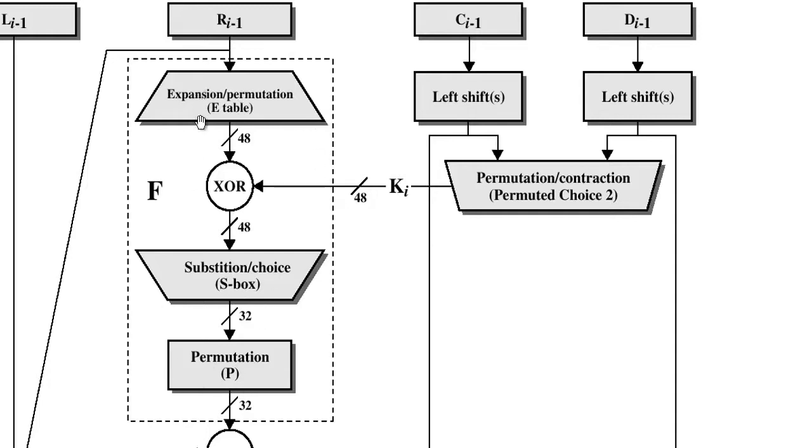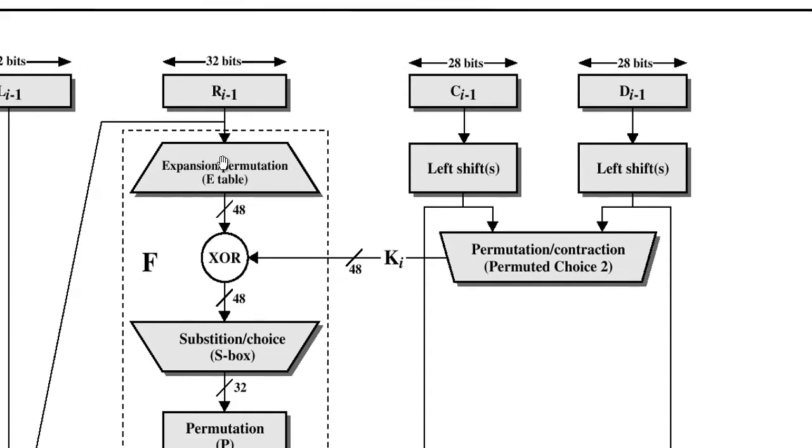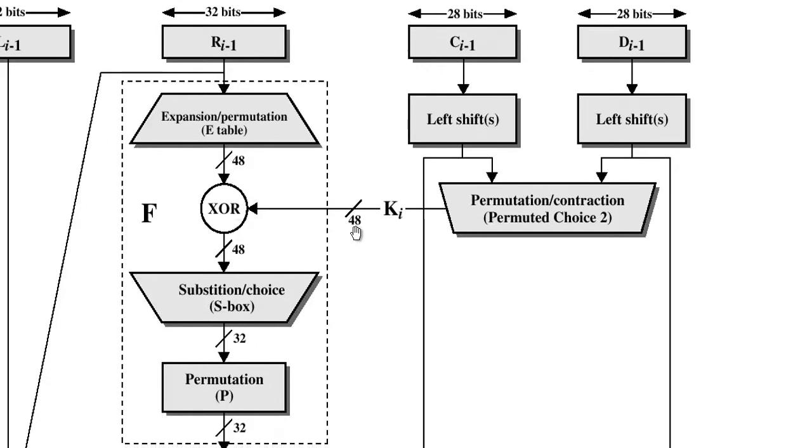Like that, there will be 16 rounds available in your DES algorithm, and also there is f, which we have defined as a function. Now, why do I need to go for expanding? What is the need for the first step as expanding? The size of the block which is feeding into the round is only 32 bits, but our key size is 48 bits. So I need to expand this from 32 to 48